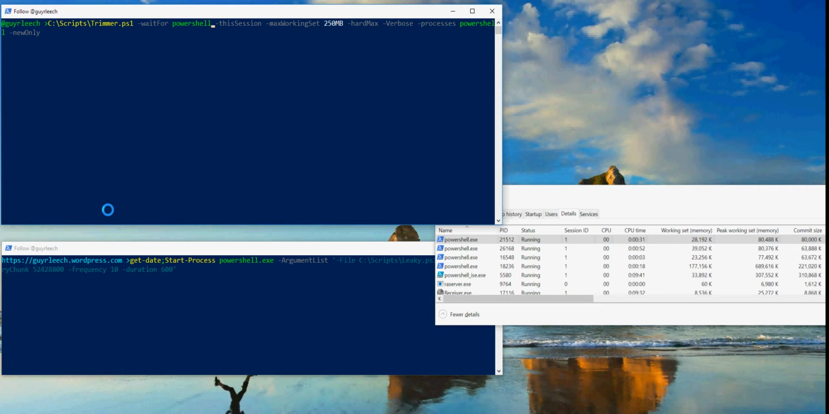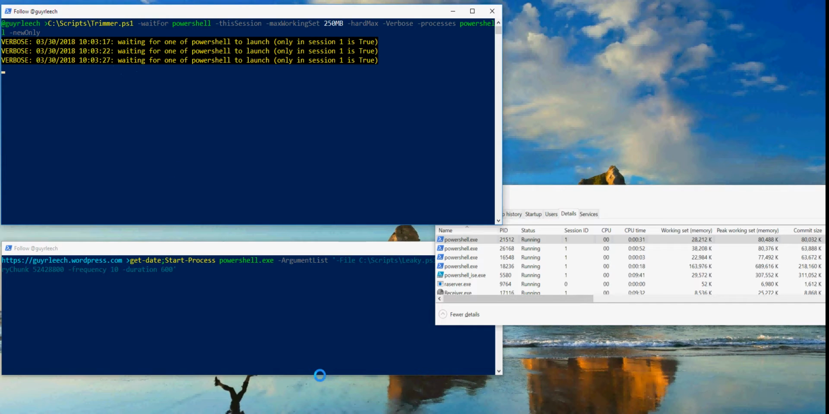So we're going to set a maximum working set limit of 250 meg for PowerShell here, because I've got a memory script that uses standard Windows APIs to allocate and forget to free that memory, so simulating a memory leak. As you can see, I've got existing PowerShell processes, so I've given it the minus new only as well. And I've given it verbose so we can see what's going on. So now it's going to sit looking every 5 seconds, which is adjustable, but there's probably no point making it any more frequent, for a new PowerShell process to launch,